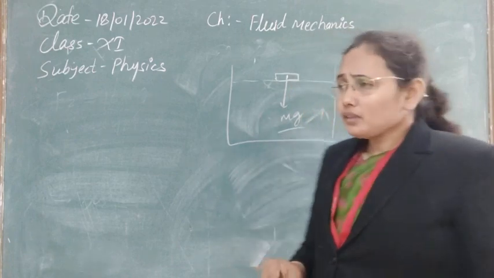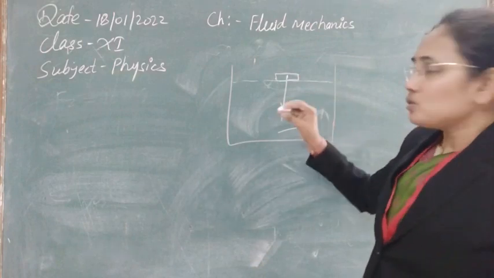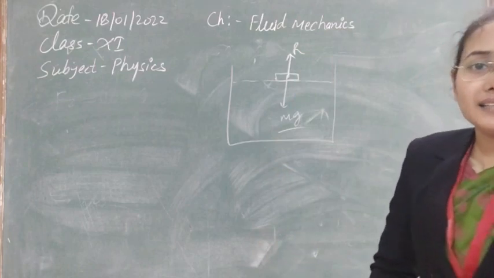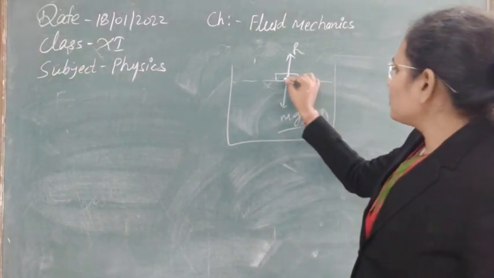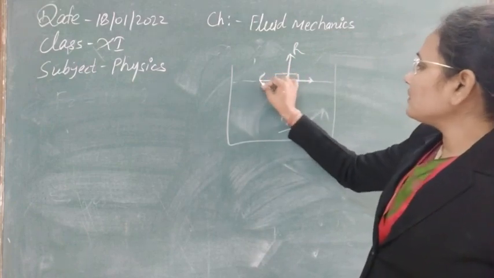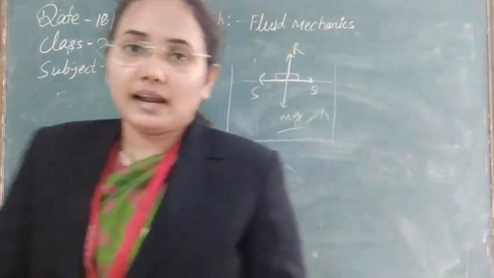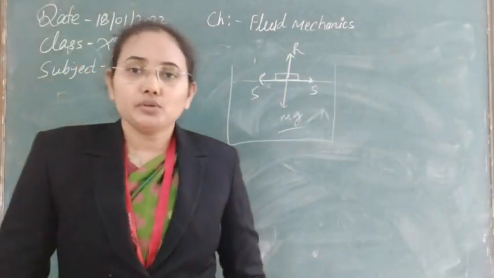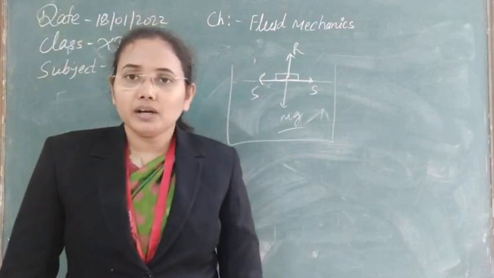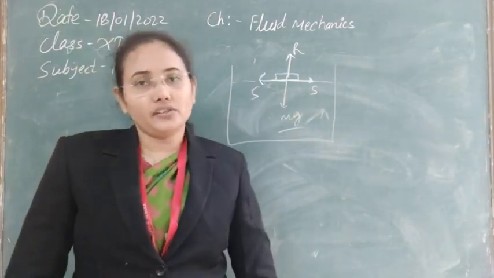Second, if Archimedes principle is not applicable, then what force is balancing the weight? The reaction of the surface, the normal reaction, is balancing it. One more force is also acting, that is the surface tension of water. As surface tension acts in the tangential direction, it acts in this direction. So obviously three forces are acting: one is the weight of the razor blade, second is the reaction acting on the razor blade, and the third is the tangential surface tension.